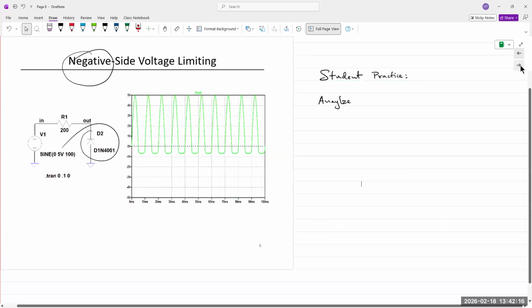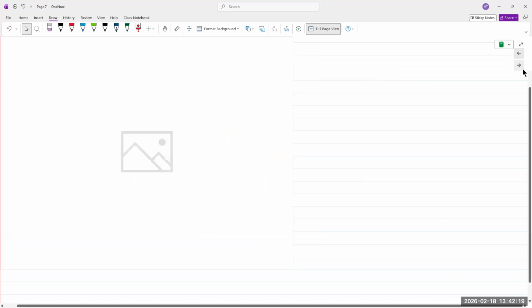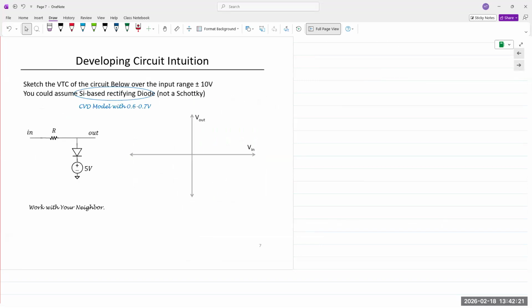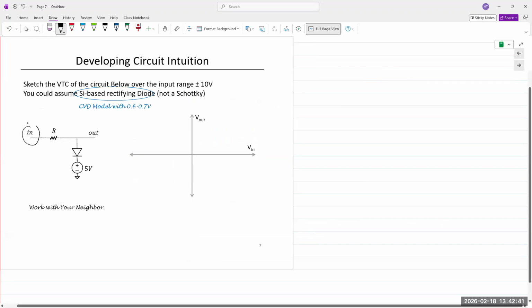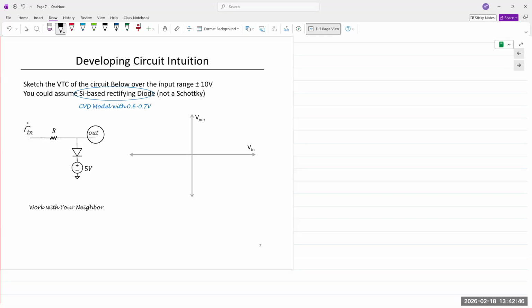And we'll talk about the examples. Let's look at this example. These next two or three examples hopefully will reinforce what we just talked about. If you want to sketch the voltage transfer characteristic of this circuit below, we are using a CVD model. V in is on the left, V out is on the right. Oftentimes you see circuit diagrams drawn like this. The circuit diagram can be redrawn as